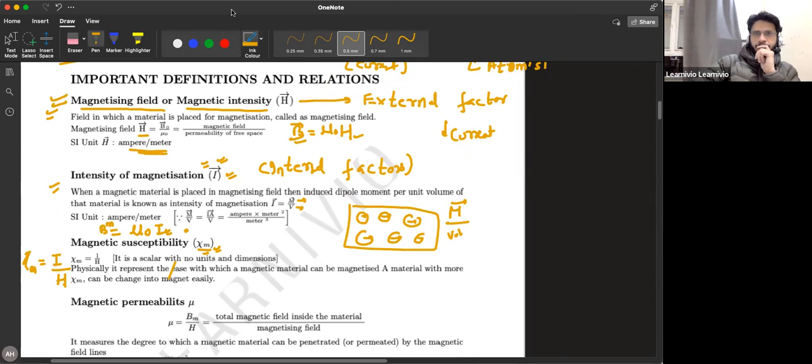Sir, those examples for the magnetic for diameter